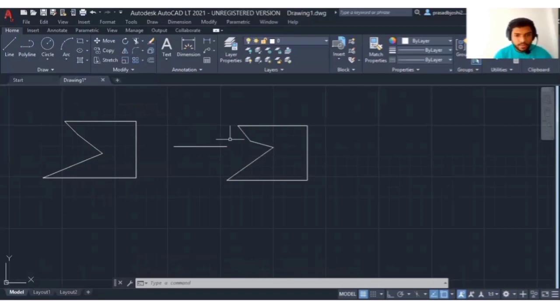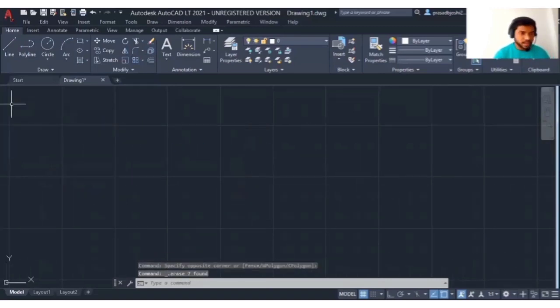We can select separate lines when we use the line command. But if we select this, the whole object gets selected. So this is the difference between line and polyline. We can delete a single line from this object, but we can't delete a single line from this object. So that's the difference between line and polyline.